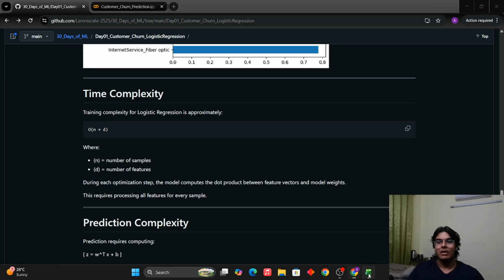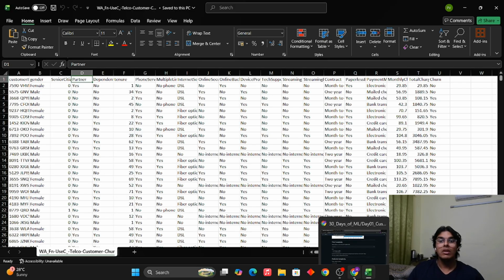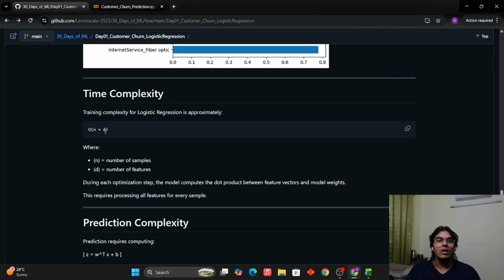In our case as well, d is nothing but these features right here: customer, gender, senior citizen, partner. How many are these? There are 21. And n is the sample size. What is the sample size? More than 4,000. 4,020. So 4,000 is massive, which is why a lot of times this d is ignored, and you can just write big O of n.